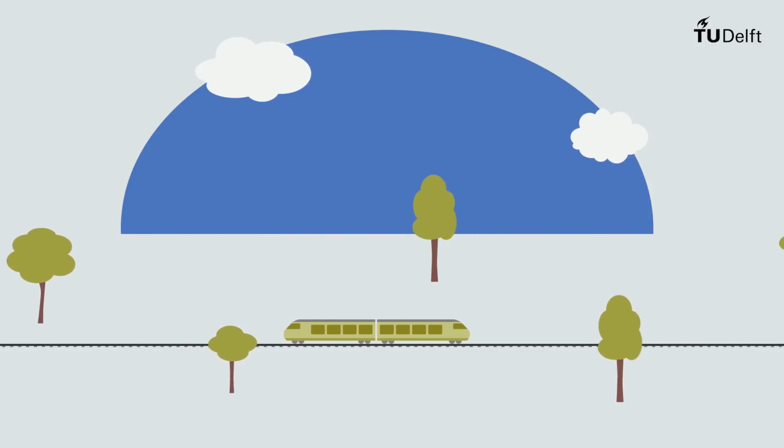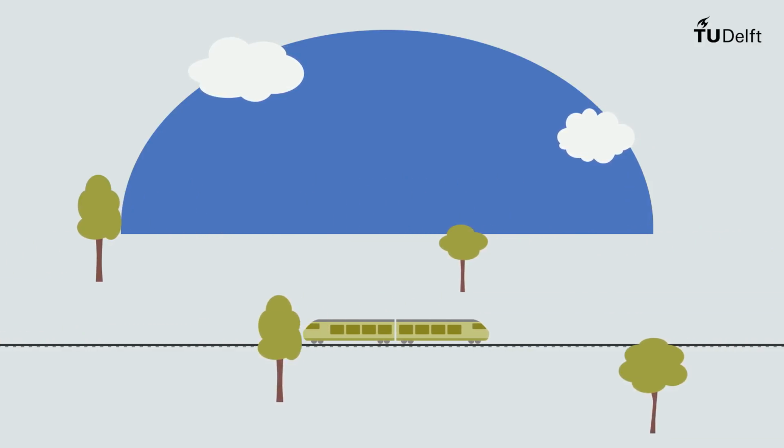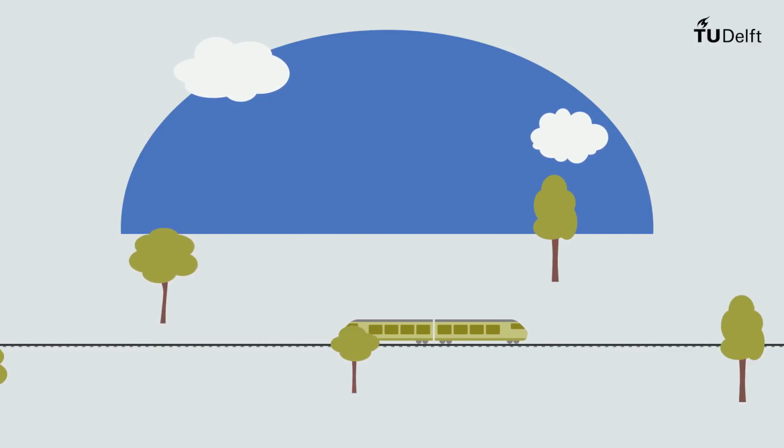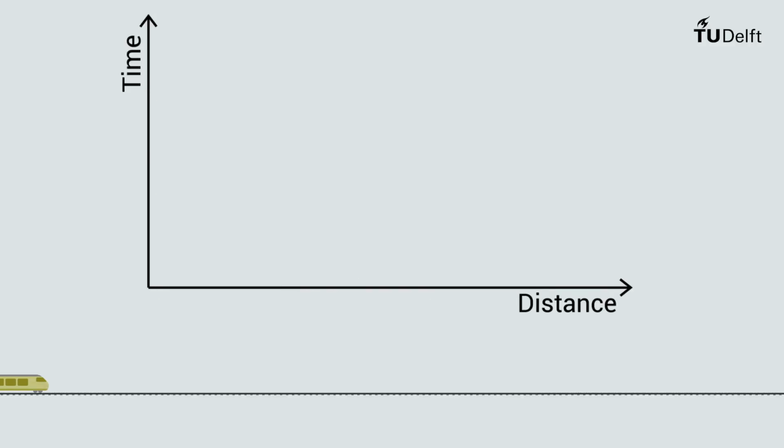A time-distance diagram is a very important tool for making timetables. Planning departments make hundreds of them every year. On a time-distance diagram, you see the headways of the trains on a rail section. On one axis, you see the distance. On the other axis, you see the time. The line represents the movement of the train over time.